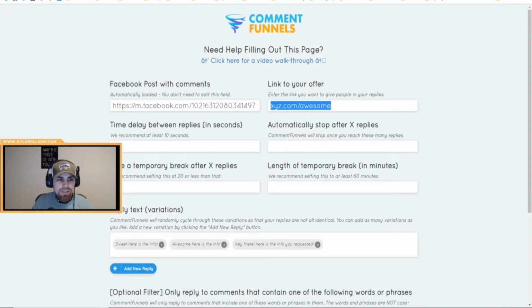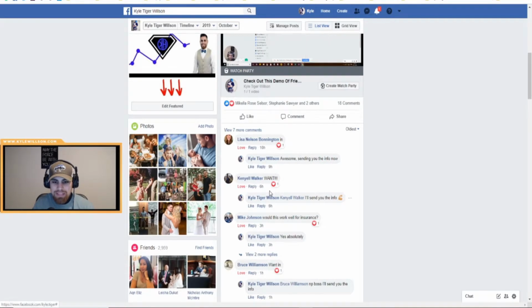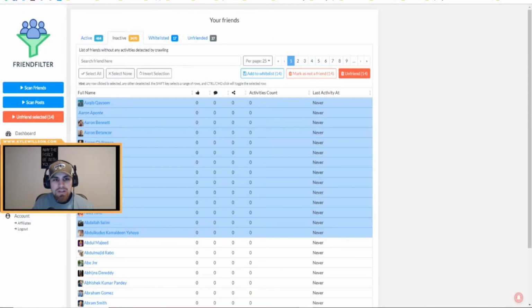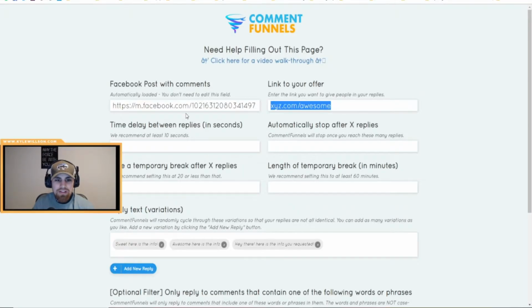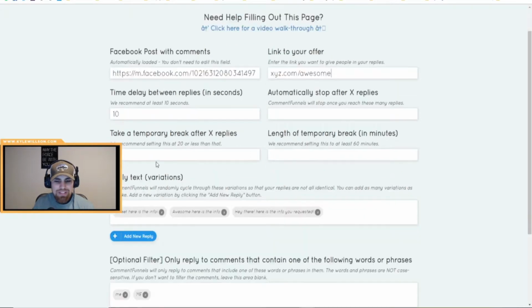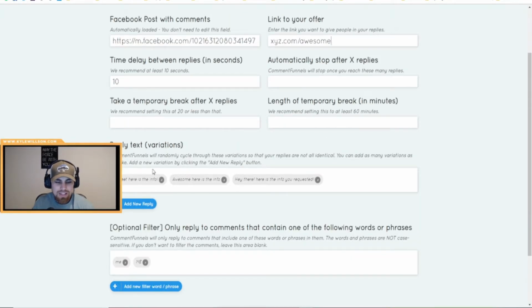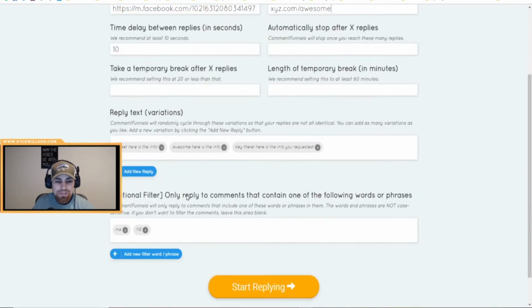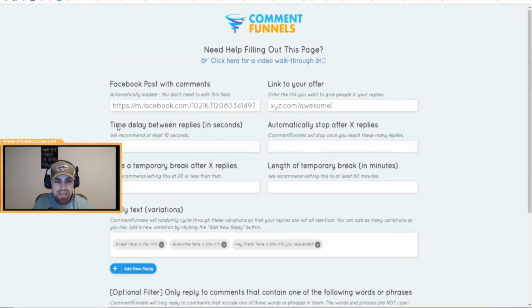All right. So even if you're just messaging these people back manually, you want to send them info. You want to send them a chatbot link to your offer. But what that looks like here is, let's see here, automatically. So I don't need to. It's already loaded that. All right. So what we're gonna do is, man, I really wish I could do a demo right now because we're on. Well, I'm live. I'm making this video,